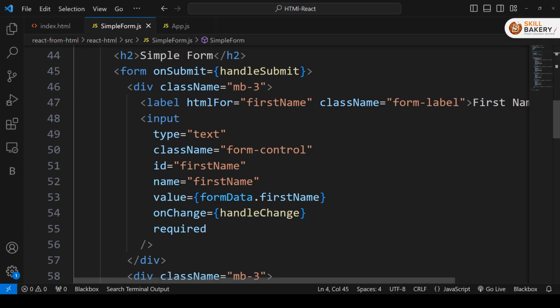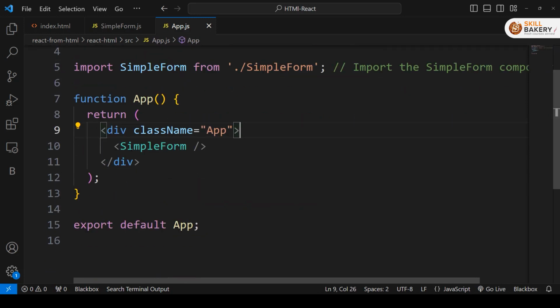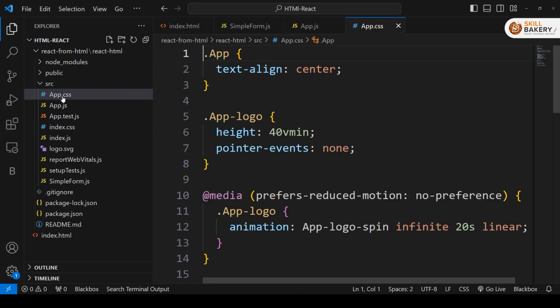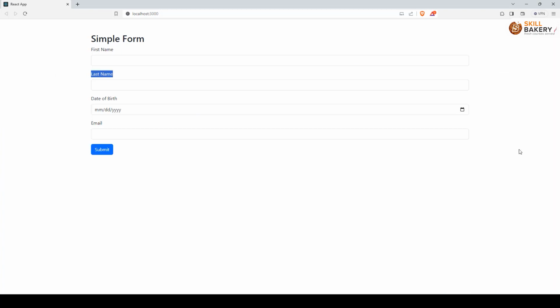The reason why this is being applied is because our form is within a div which has reference to the class app. So if I go to my app.css file, here you can see app, text-align center. Let's go ahead and change it to left. Save this, and now if I go back to the web form, you can see the same HTML form which was created using HTML, CSS and jQuery has now been easily converted, with all the default validations that we had,